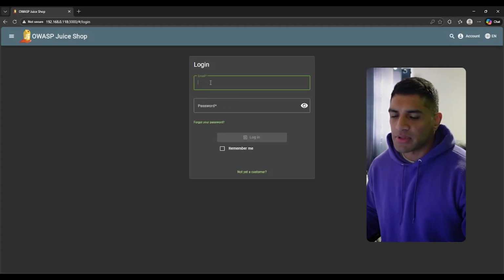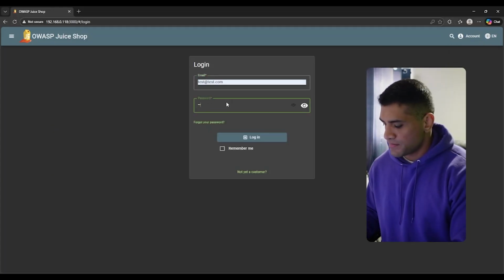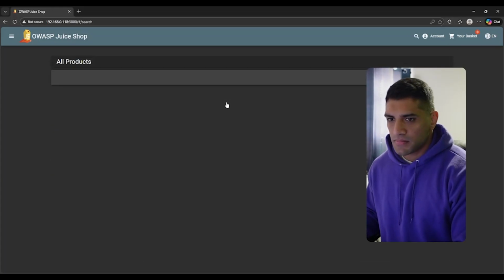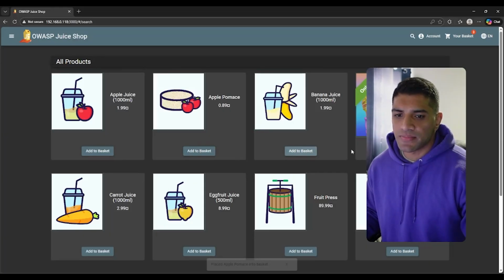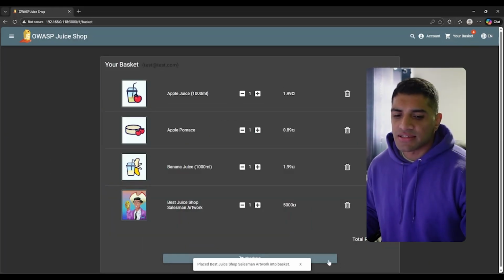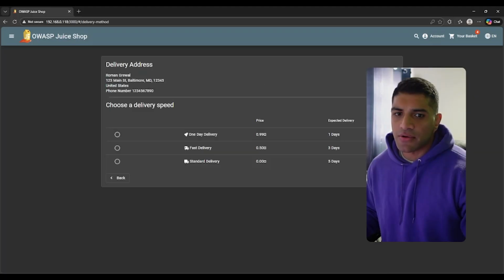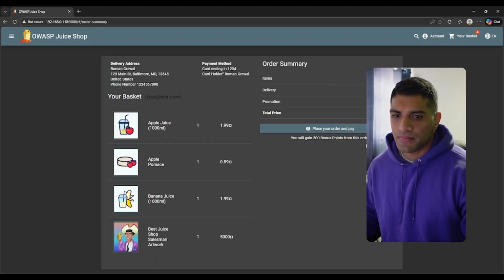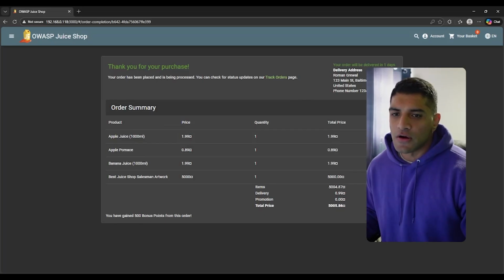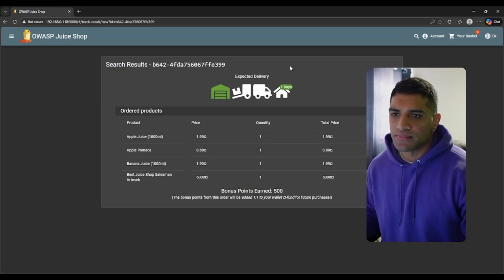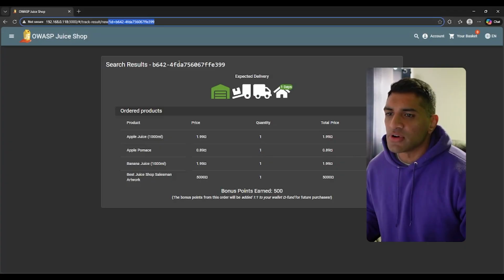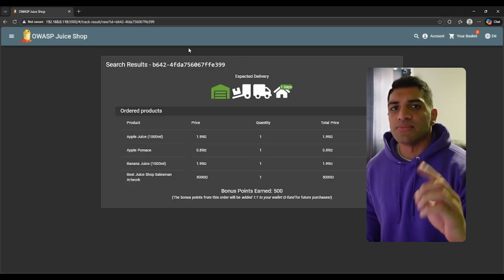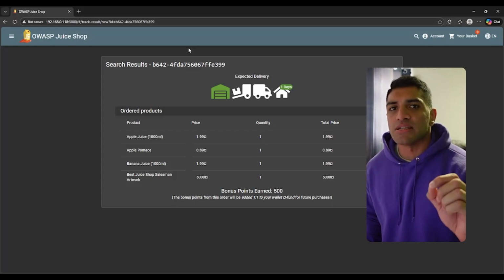First, log into the web application as any user. Then add some items to your basket. After you've added some items to your basket, proceed through the checkout. Then when you get to the order confirmations page, click on track orders. You'll see a string in the ID parameter of the URL that's reflected back on the web page. So this looks like some data that's been sent to the server and then reflected back on the web page